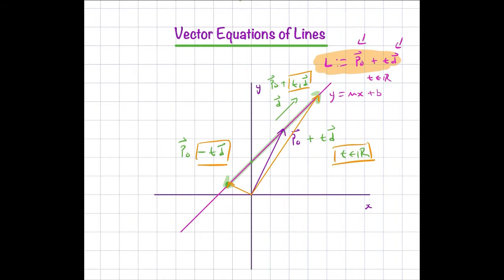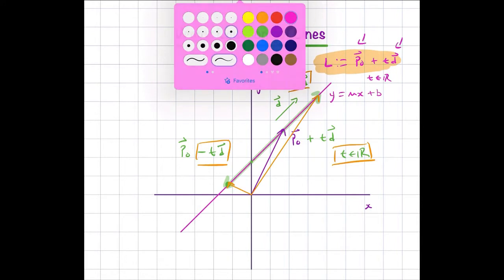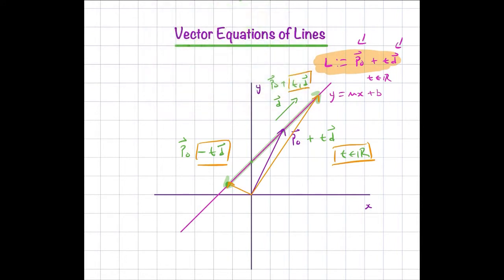But now we see that the same way that the line in slope y-intercept form down here, and I shouldn't use pink to highlight pink, I should use maybe green to highlight the pink, the same way that this line was determined uniquely and completely by the slope m and the y-intercept b, well, in parametric form or in vector form, it is now determined entirely and uniquely by the point P0 and also the direction vector D. And I'm going to change the colors so that we can get a correspondence here, because I want to stress